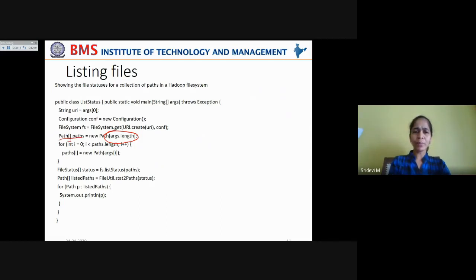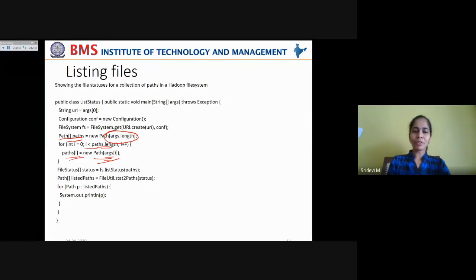That is stored in the Path object array, and for all these paths, you have taken a for loop because you want to access each of the paths specified, right? For that, you have taken a for loop till the paths array length, that is for 3. You are creating new instances for each of those paths and storing them in the paths object array.